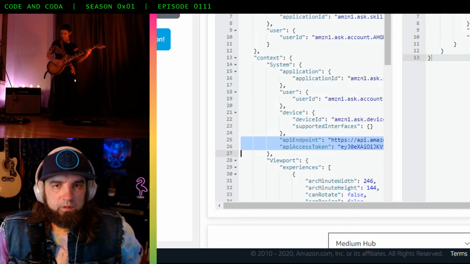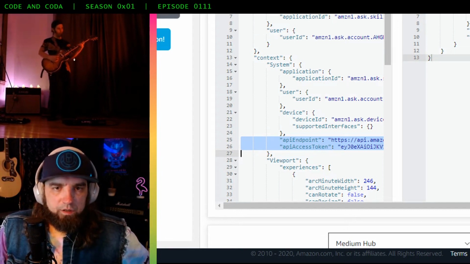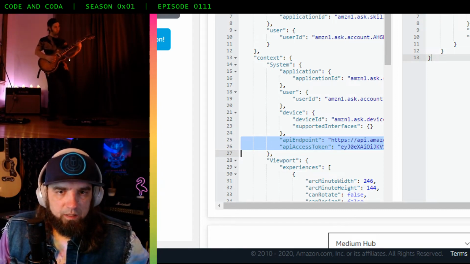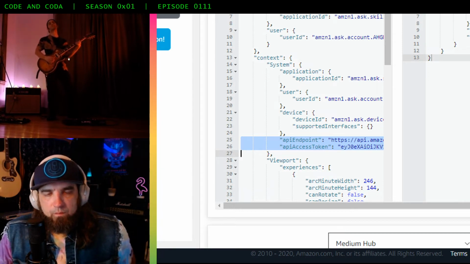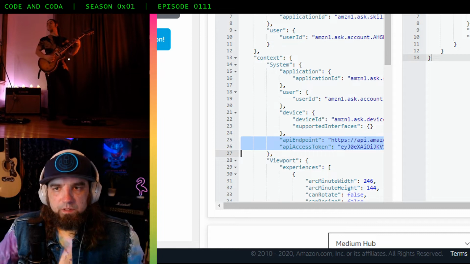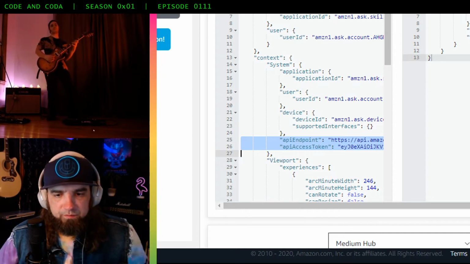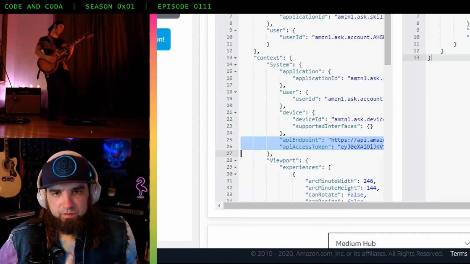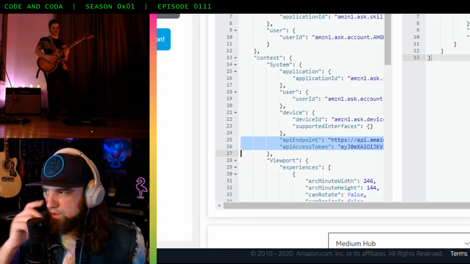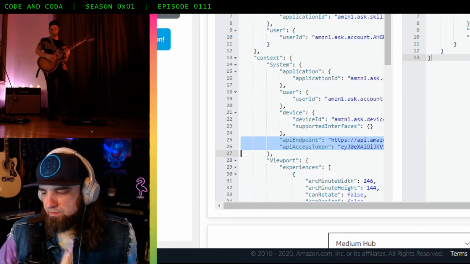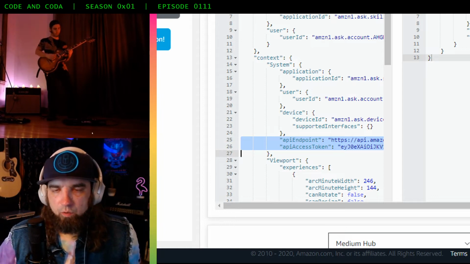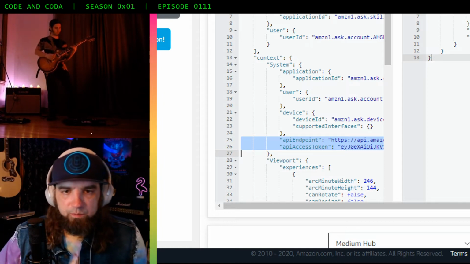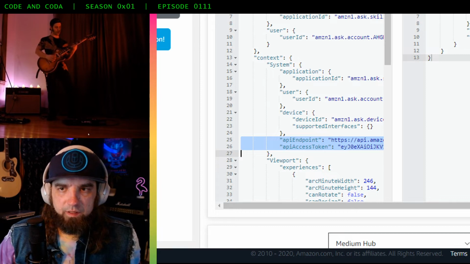Also remember, we are using information sent by Alexa such as access tokens. We are using these access tokens because we need to get information from other external servers, and with the access token, we can access information that's kept under security and only can be accessed by certain people. It's basically a password.